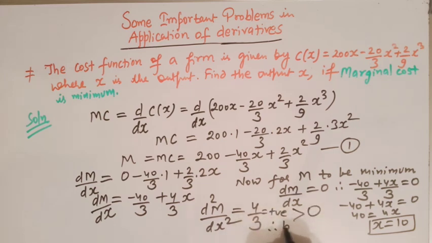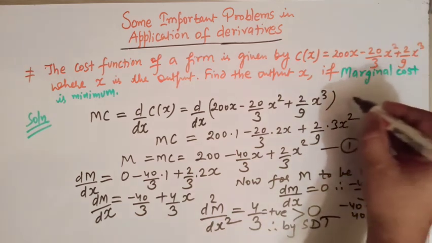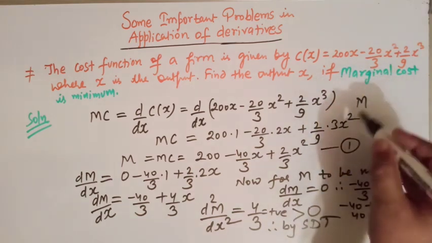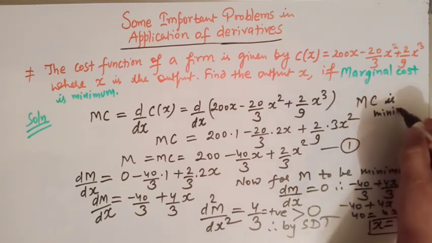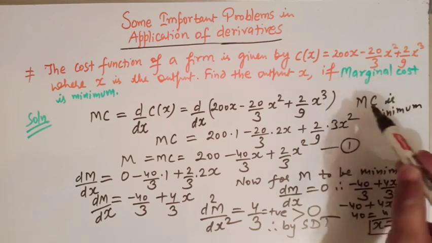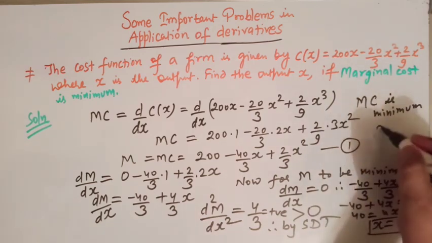So therefore by second derivative test we can say that the marginal cost is minimum, right? So this marginal cost is minimum at x is equal to